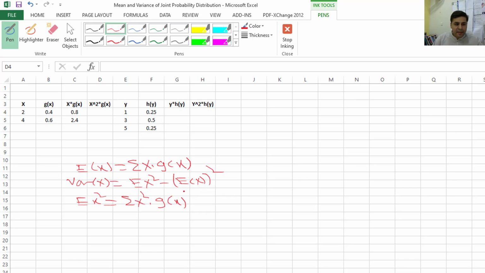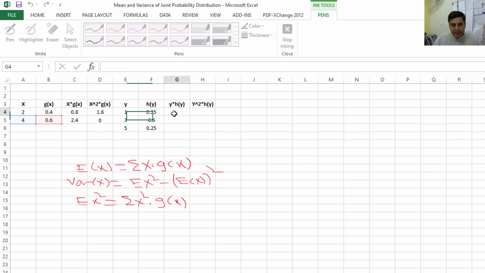So that is why we take x², take the square of this and multiply by its respective probability. You need to drag it down, because Excel will automatically calculate this. Excel will take the square of this 4. A5 is the cell in which 4 exists. So 4² into 0.6.